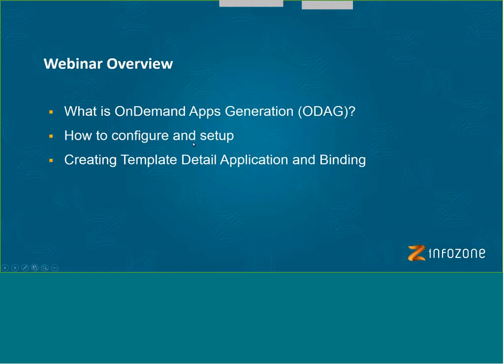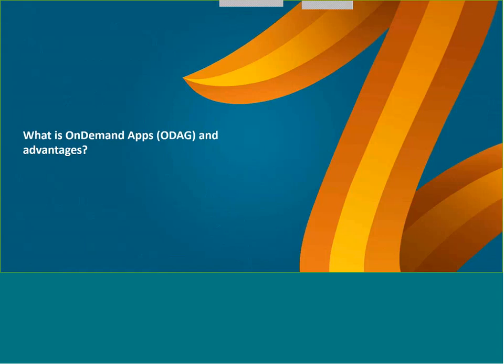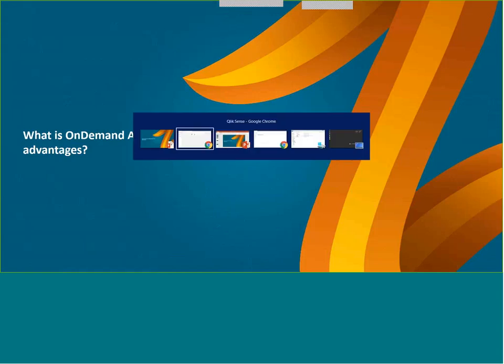I would like to show you first what the on-demand application generation is. I am going to show you how to configure it and set it up, and also I will show you how to create a template app, detail application, and bindings associated with it. So first of all, what are on-demand apps, or ODAG? Let me just show you